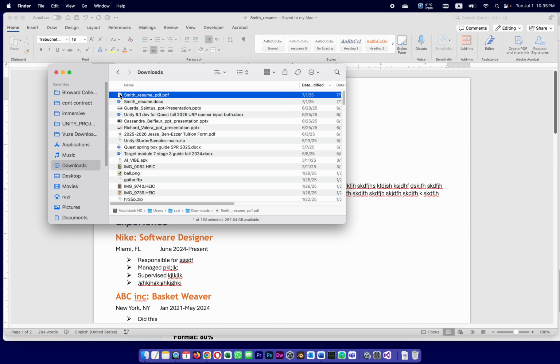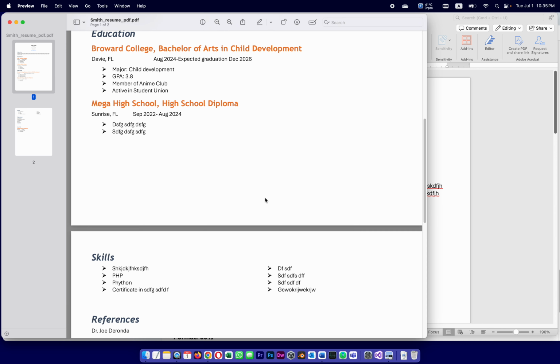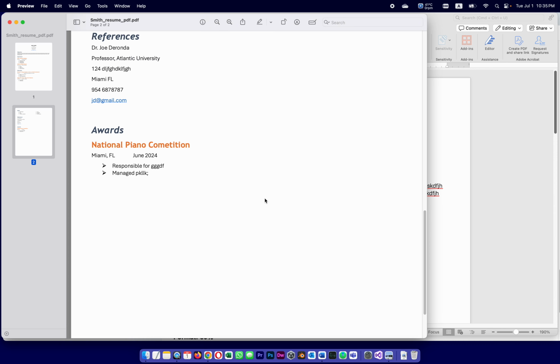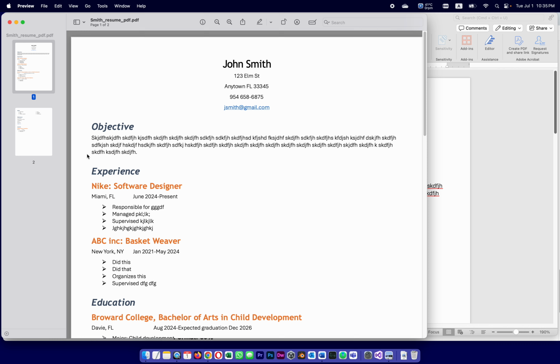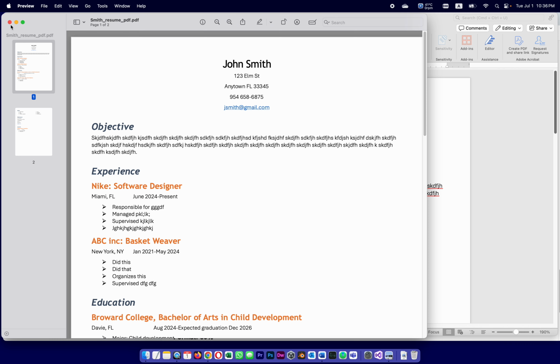If I double click to open my PDF, on some computers, it'll open in a browser. On some computers, it'll open in Acrobat Reader. For Mac users, it'll probably open with a software called Preview. But it's like a digital print. It freezes the look of this. This makes it much easier for people to look at, even if they don't have the specific fonts that you